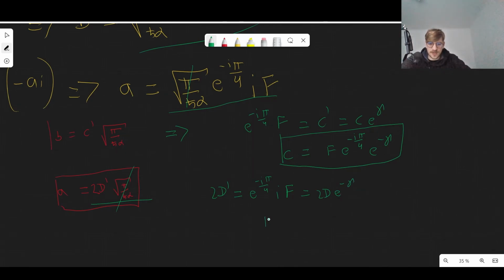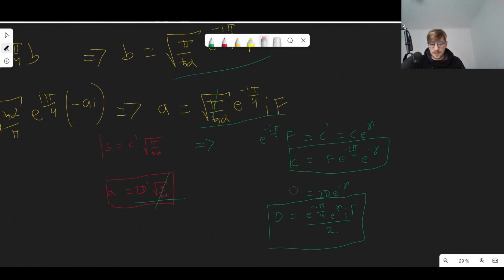So from here we find that d is e to the minus i pi over 4, e to the gamma f divided by 2. So now we found c and d in terms of f. So finally,